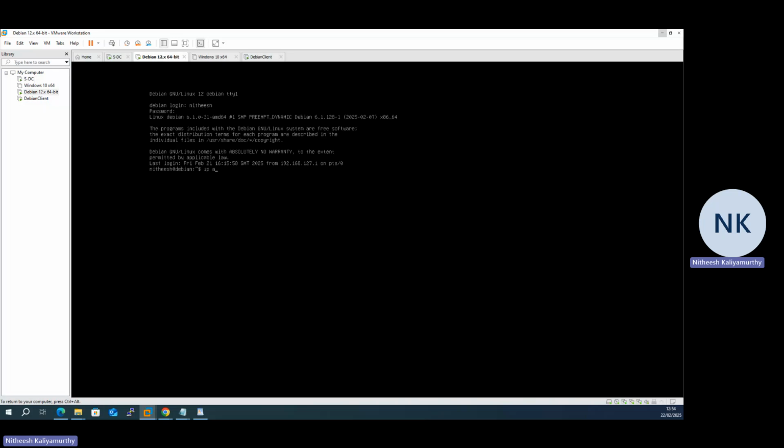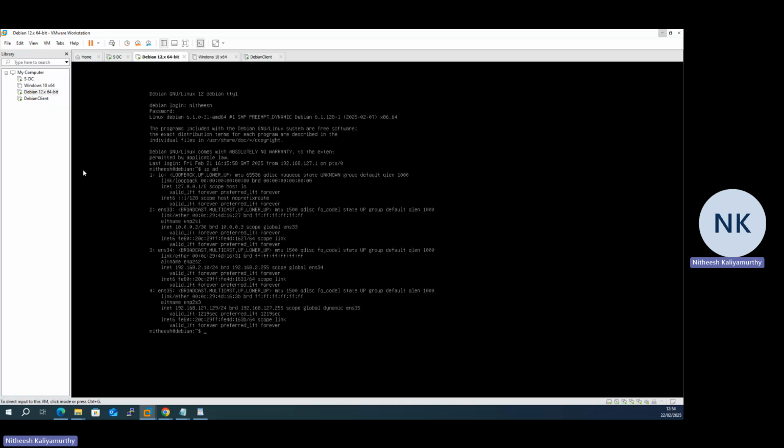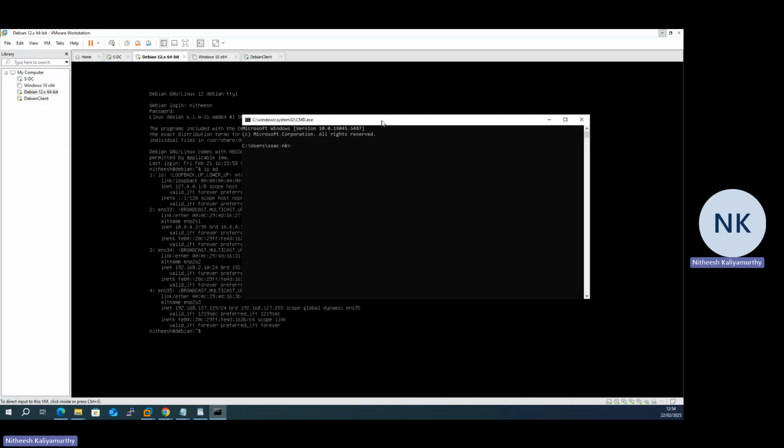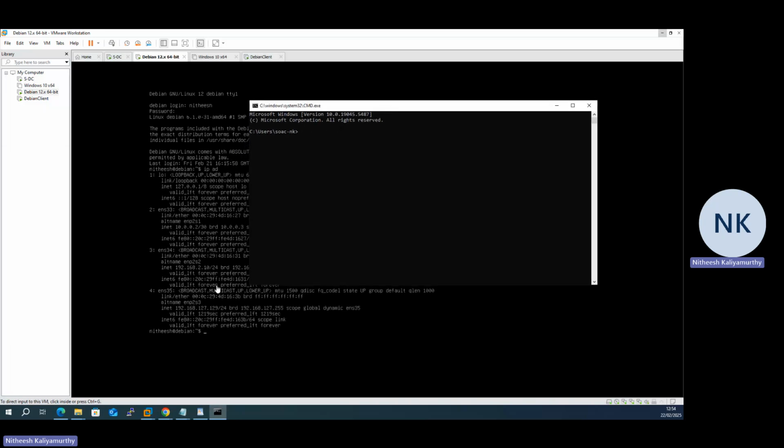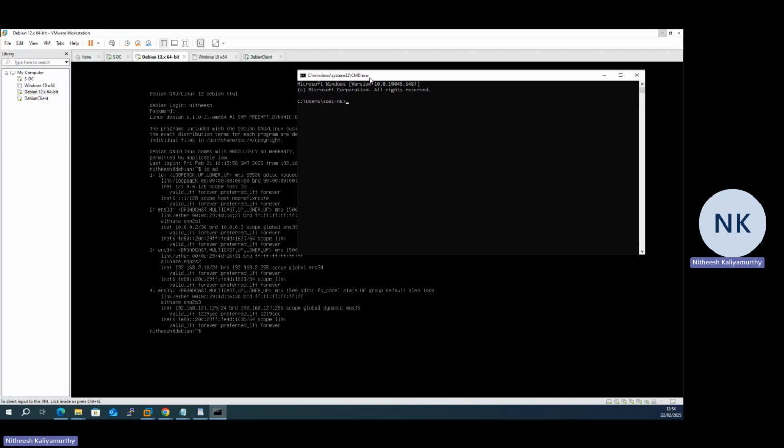Right. So what I'm going to do here is create an SSH connection rather than working in the CLI of the Debian machine. I would like to create an SSH connection so that I have a better way to copy paste. Here you could see that I have a NAT network, so that is what I'm going to use here. So SSH, my username, at